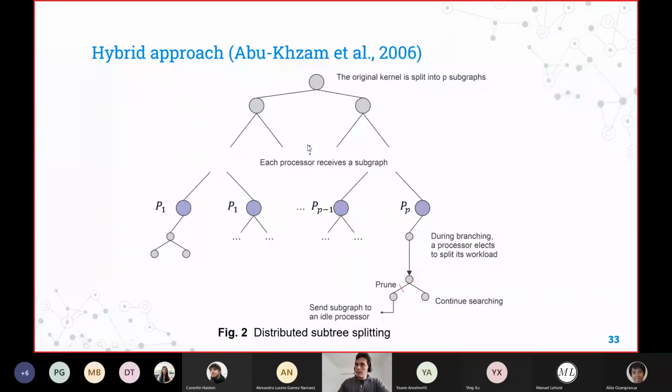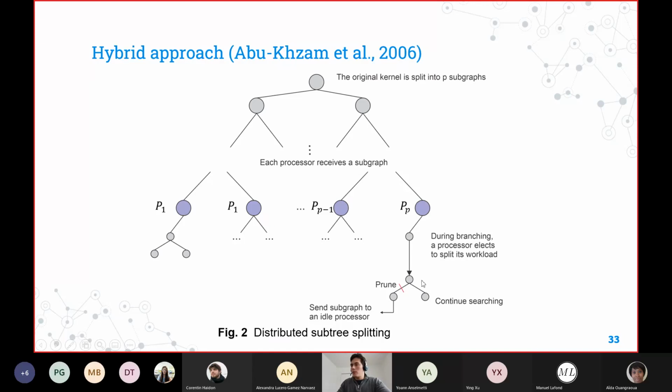It is this strategy. First, we apply the first load balancing strategy, which is the static load balancing. We distribute a logarithm of p here, and then we just start solving. But for example, let's imagine that p1 returns. This now is available, and then the processors during the branching will be aware of any available processor somewhere.